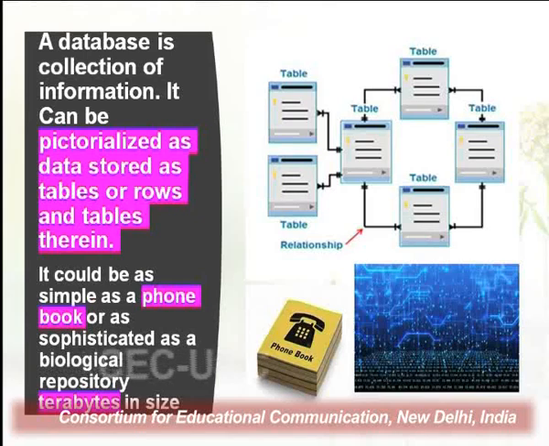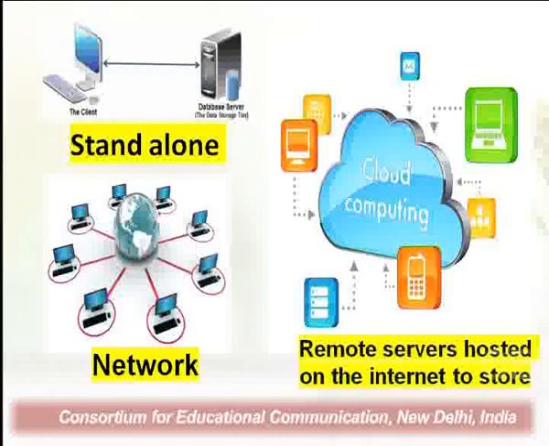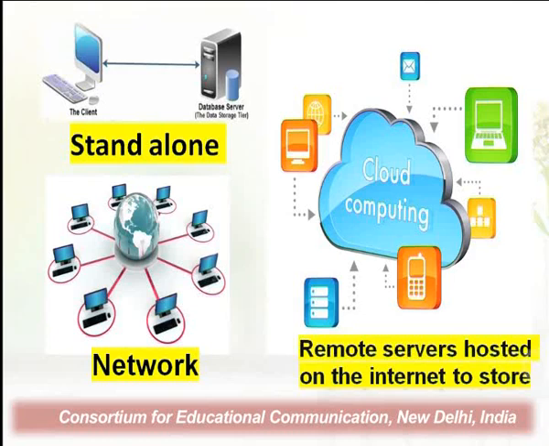So this can be very simple, and the database is a way to store information. It might be working on a standalone system, meaning one computer, one server, one storage. It may be a network of computers where we have one central server and lots of users of that information. It could be stored in the cloud, meaning we have remote servers on the internet to store the data rather than it being present in the local system. So that is about the three ways to store.